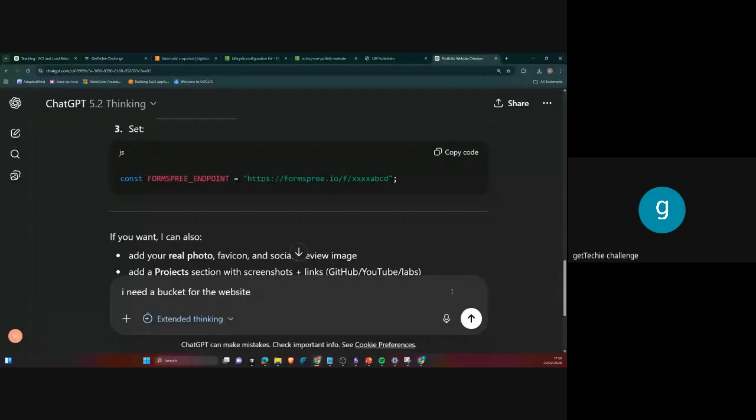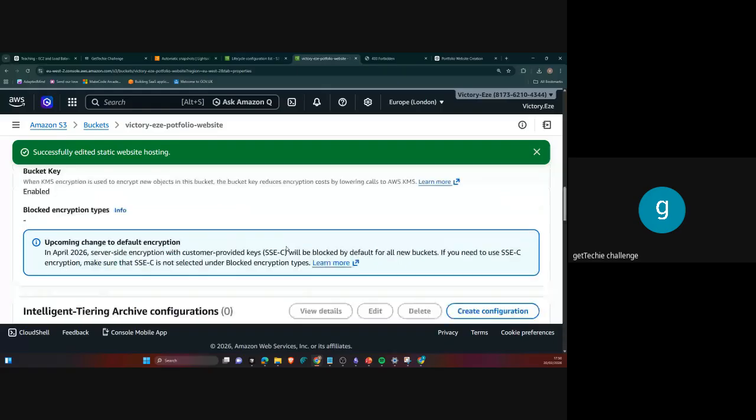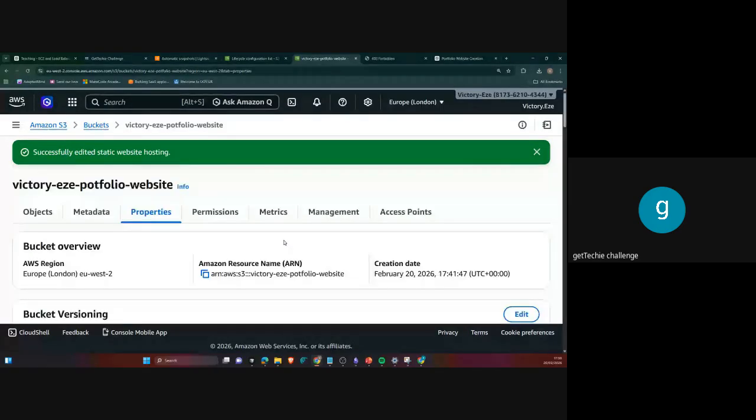But we can also still go here and generate the bucket policy. I'm just trying to let you know that, in case. Victory is doing all of this before she knows it, because she knows it. So if you come to permission, right now our website is not working because there is no permission.